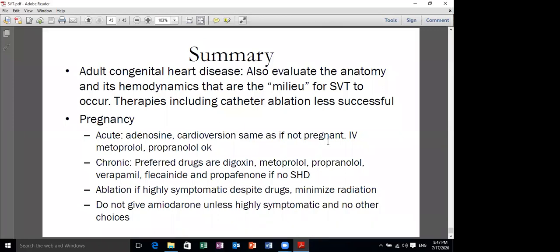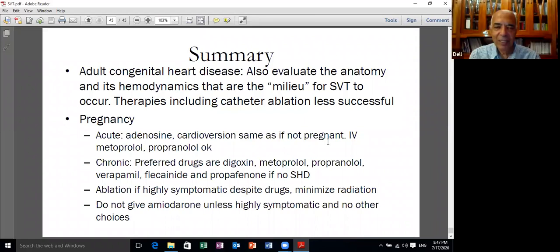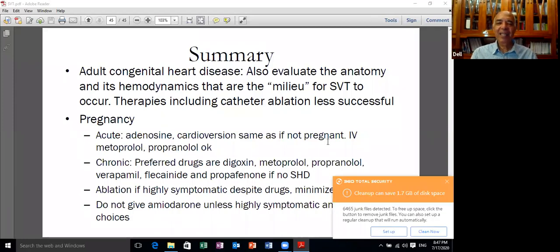Okay. Another question: how to diagnose atrial tachycardia? Atrial tachycardia means that we have a focus. This focus could be an abnormal automatic focus, or could be micro reentry, or could be a triggered activity. So these are the three types, located somewhere in the atrium, but not in the sinus node.